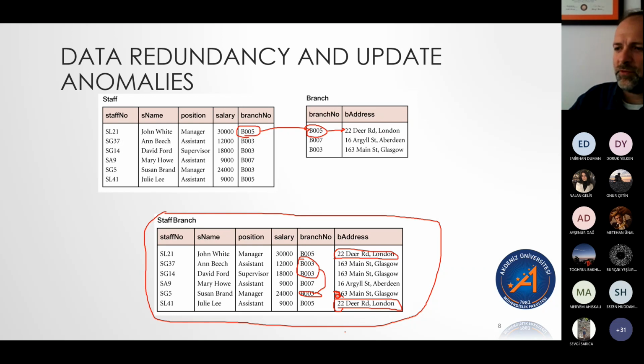Okay, so we changed it for Susan because she was the one that called the meeting and we announced it, and now her address is changed in there. So now everybody at B003 works at 263 Main Street because we went in and changed it. But we only changed it for Susan. What if I send a letter to Ann Beach at 163 Main Street?